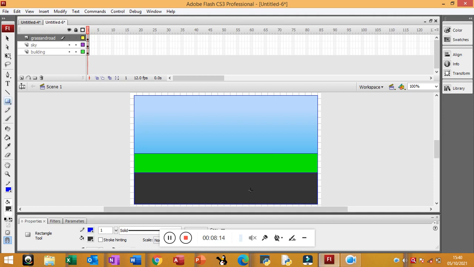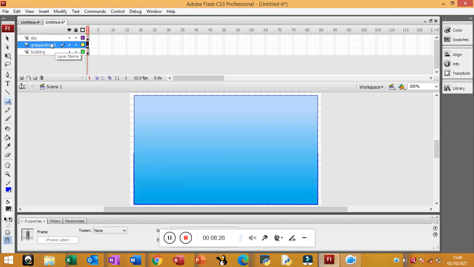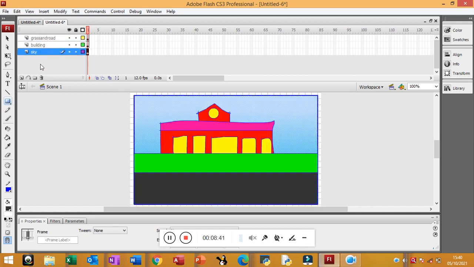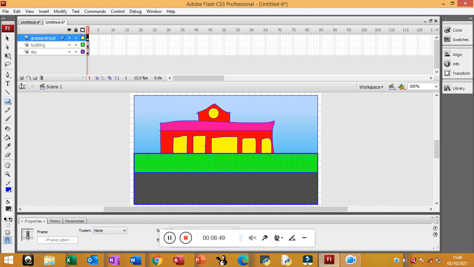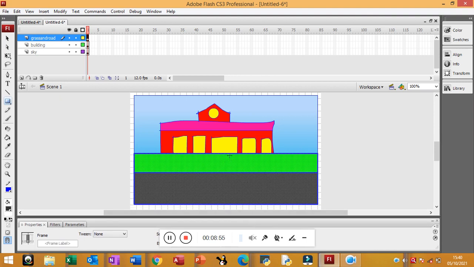Now what you have to do is move this layer just below the building layer. बिल्डिंग लेयर जो भी है उसके जस्ट नीचे आपको इसको ड्रैग करके ले जाना है. You can see this building is here. My building, where is my building gone? Okay, sky सबसे नीचे होगा. Then you can see building, and building के नीचे यहाँ पे grass, लेकिन ये तो grass के ऊपर आ जा रही है, तो I'm taking this, and थोड़ा सा इसको हम लोग बड़ा कर दें तो it will be easy for us to visualize.